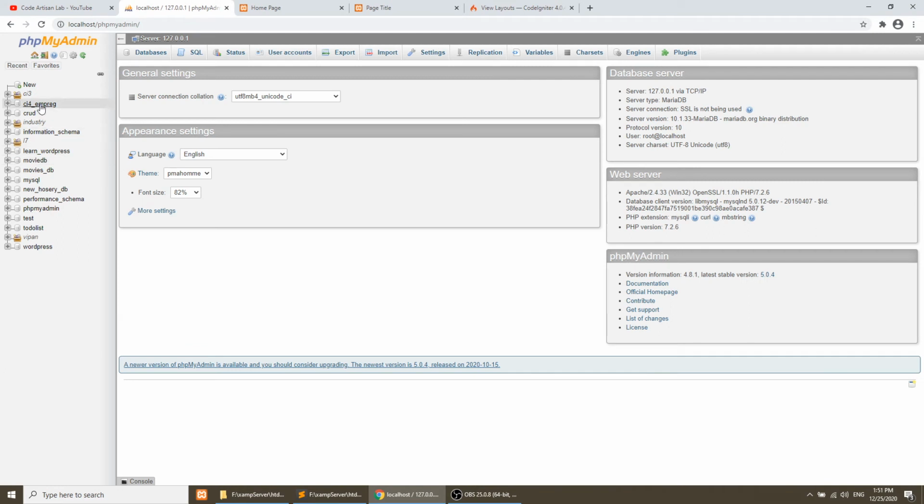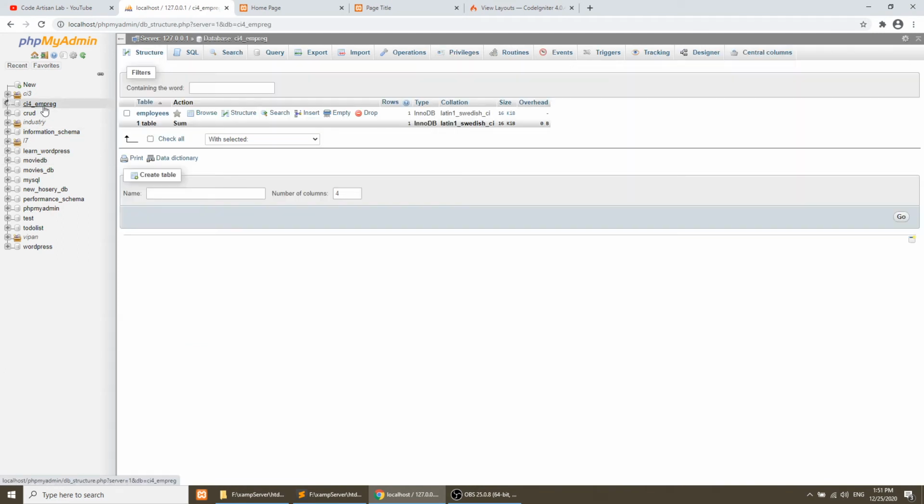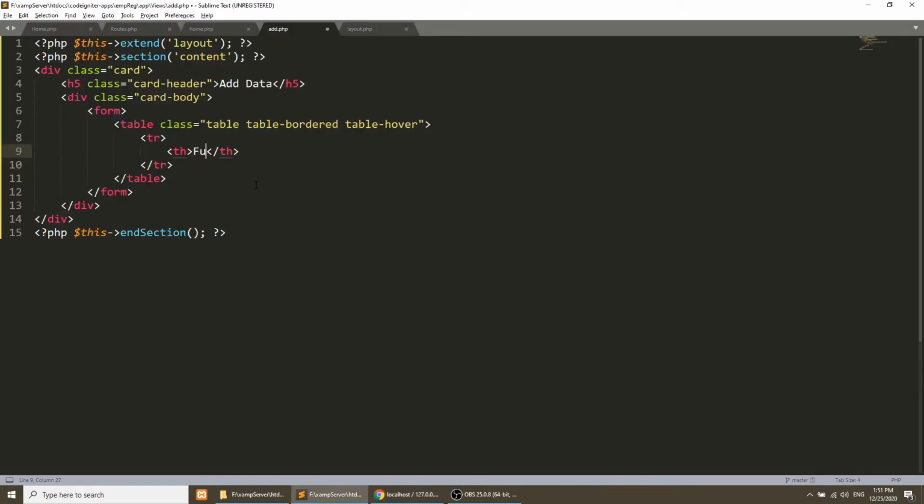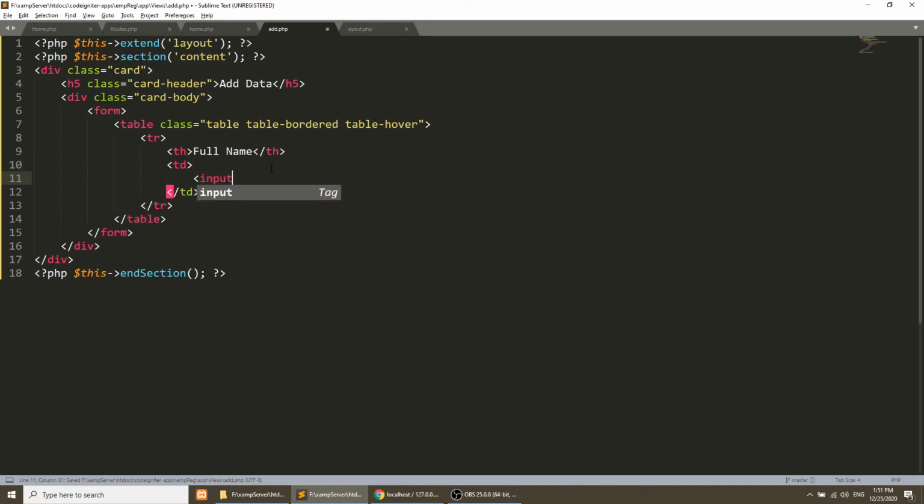Okay, so here I have created a database, and in this database I have created an employees table. We have fields like full name, and this full name will be input type text.